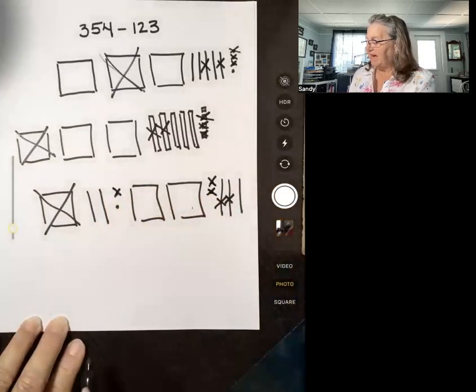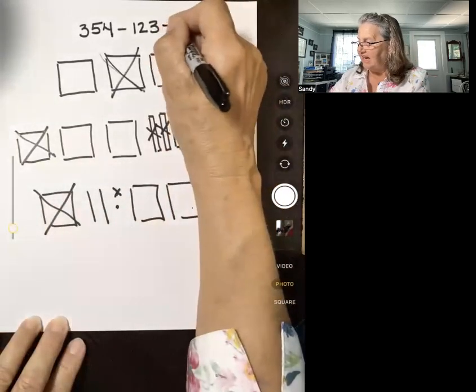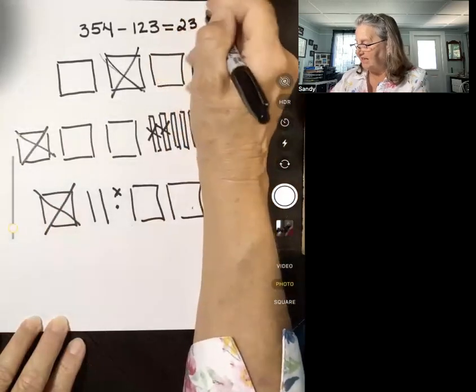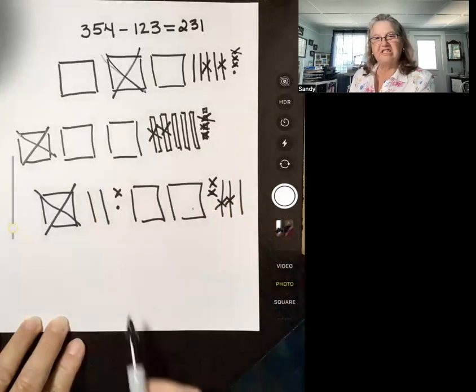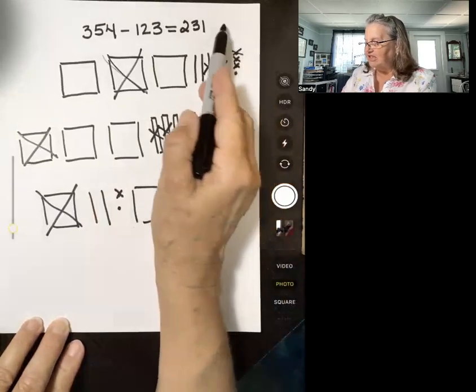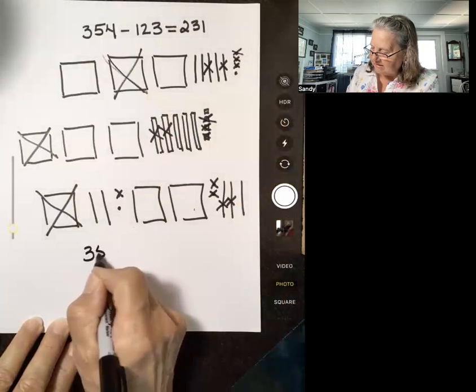It really doesn't matter which ones I remove. What matters is in the end, I will still end up with 2 hundreds, 3 tens, and 1 one. And that's occurred in every situation here. There's that consistency. Now, whether I write this horizontally or vertically,